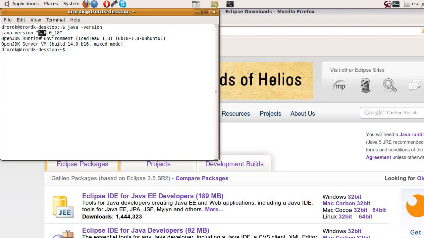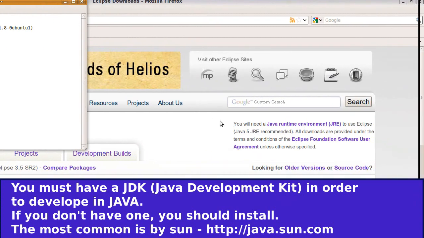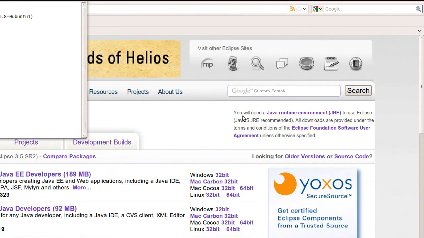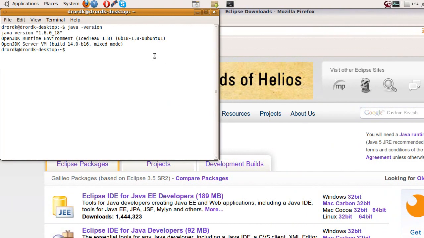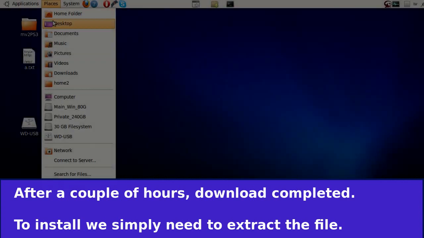Okay, I have Java 6 and I have a JDK, so I will probably not need to install anything. It might be good to install Java 5 because they recommend Java 5. In this case we'll search for it in Sun, but I will first try to see how Eclipse works with this JDK. Okay, download is complete,